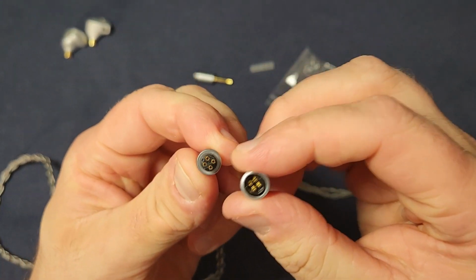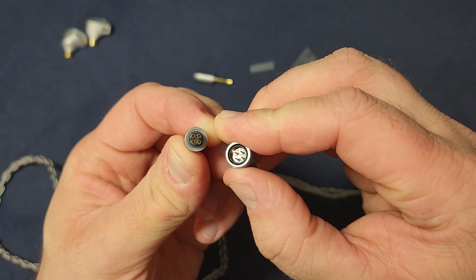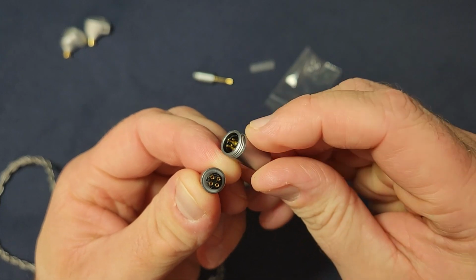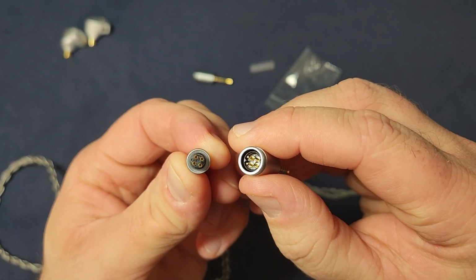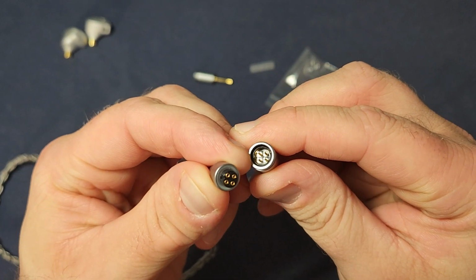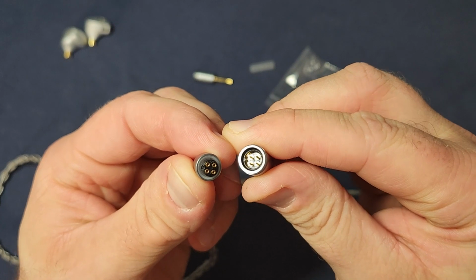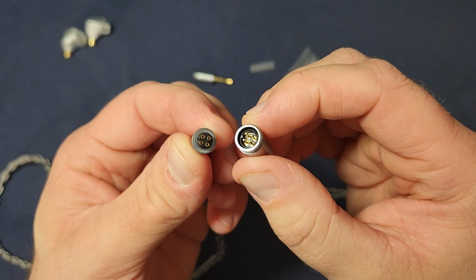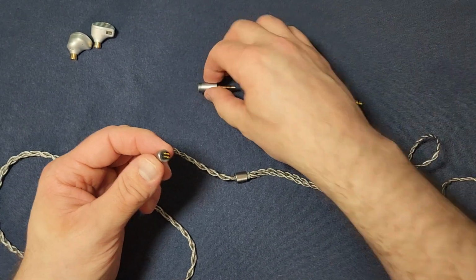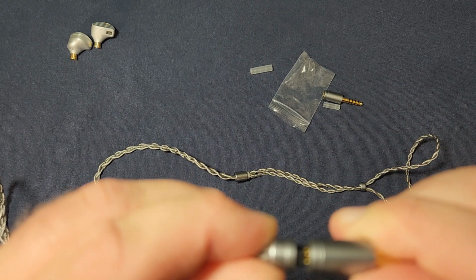And you'll see that we have this 4-pin system in here. And there's a little bit of a notch. I'll try to line them up here so you can see it. Yep, there we go. A little bit of a notch there on the top, and then a corresponding, whatever you want to call that, anti-notch. I don't know what the right word is off the top of my head at the moment. That helps you get this lined up correctly. Or you can look on the outside of these. They very thoughtfully gave you two